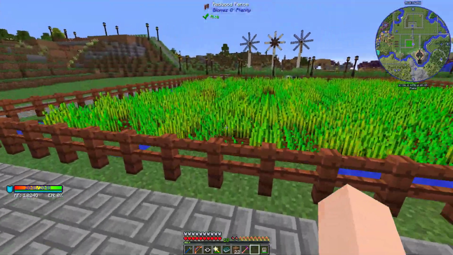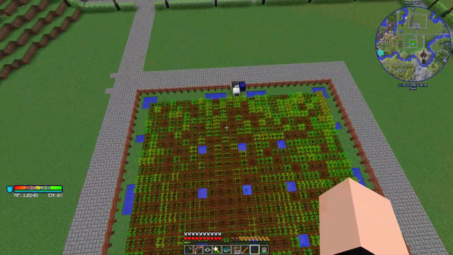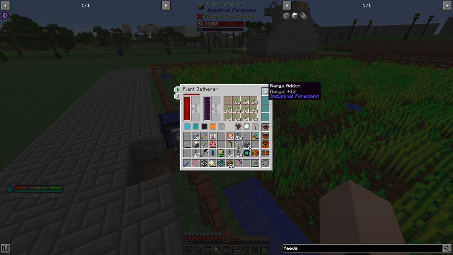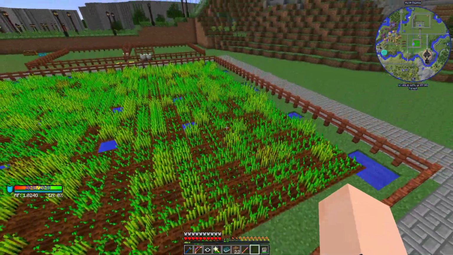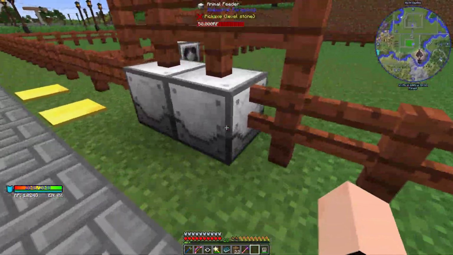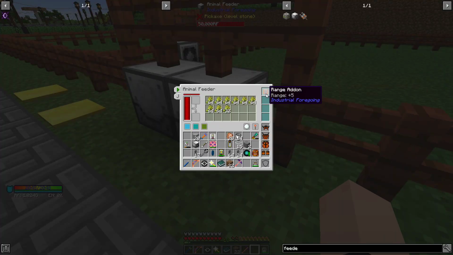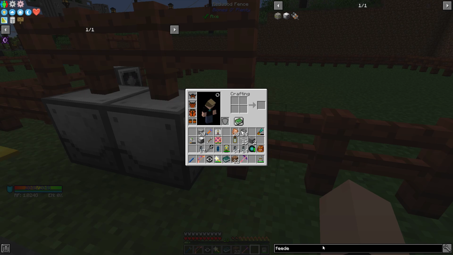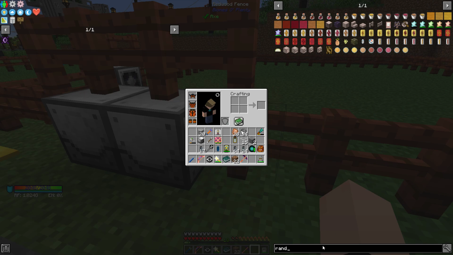So much in the same way, also I've tied it up, but in the same way as the last episode where we had the plant gatherer, you can use a range add-on, an upgrade, right? Obviously with that one, I think it was 12 plus 12. We can only do a plus 5 on this, so we'll need a range add-on with that. If we check on our JEI, range